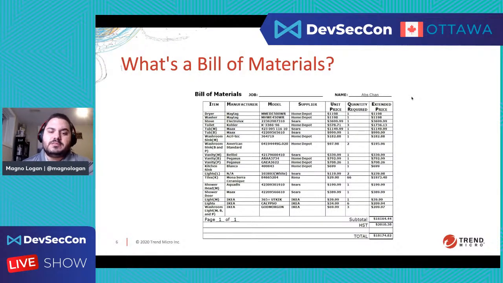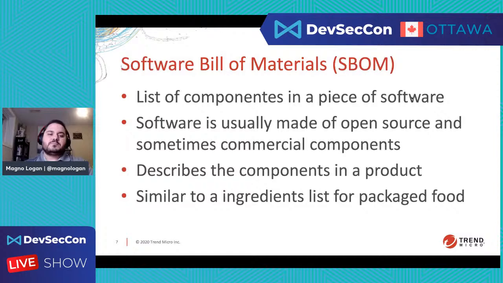So a software bill of materials is basically the same thing, but for software, right? For an application: to build this application, what do I need? What kind of packages and libraries do I need to import and download, and which version specifically do I need to have my application up and running, right? So it's basically the list of components in this piece of software, the software bill of materials, or SBOM for short, right? And basically, it's very similar to the ingredients in a packaged food, right?